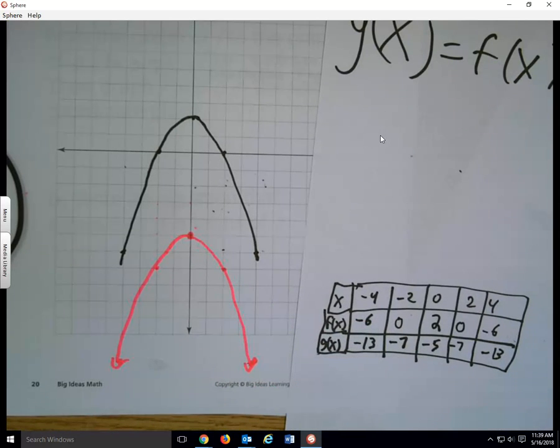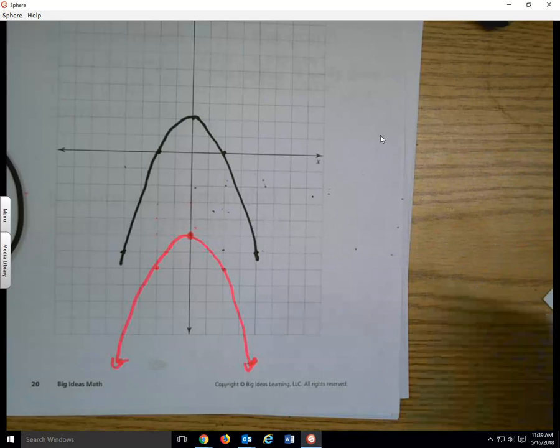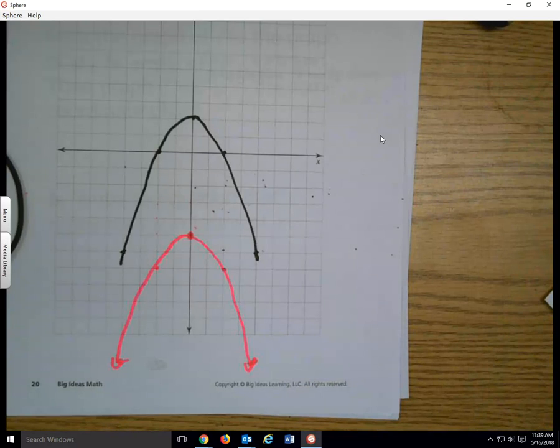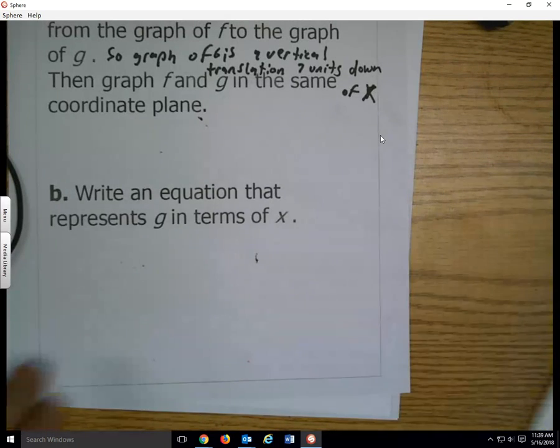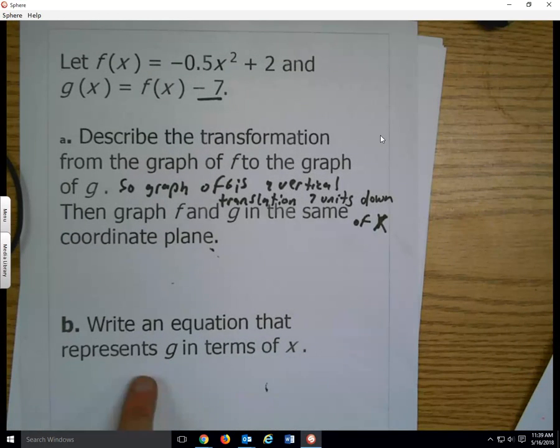Okay, so all you're doing is graphing both, but just adding a negative 7 to the second one. It's pretty easy to graph it. Okay, what is the last step in all this? We've already done a lot. Let me find the instructions. Oh, here we go. It says, write the equations that represent g in terms of x. That's the easiest part of all this,